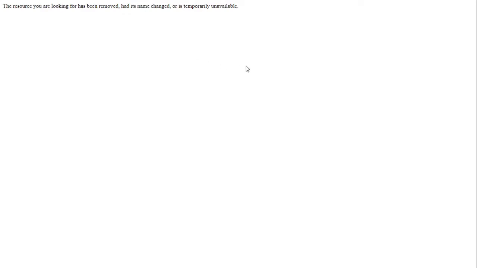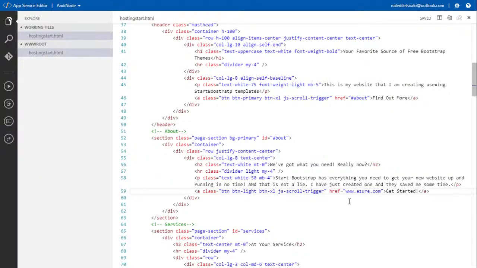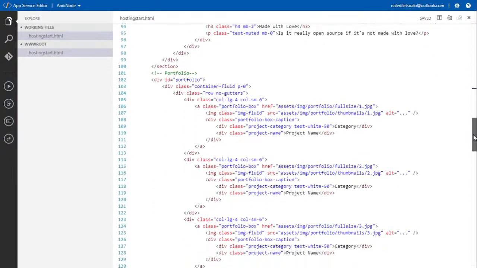So I already know that if I want an action to happen, I need to look for the href. That's where you're sending someone off to, all right? But in this instance, it's hashtag services. So that basically means it's going to take me to where services is.